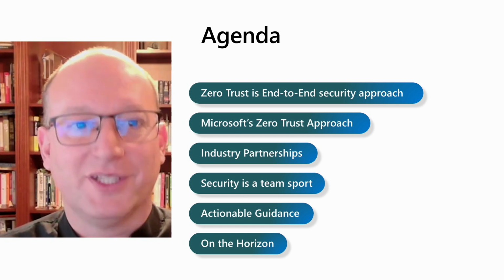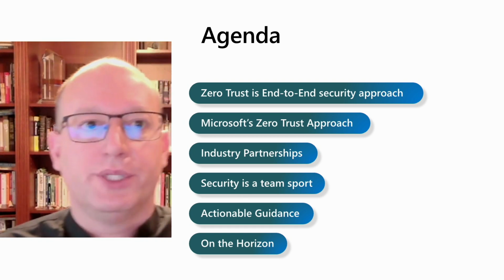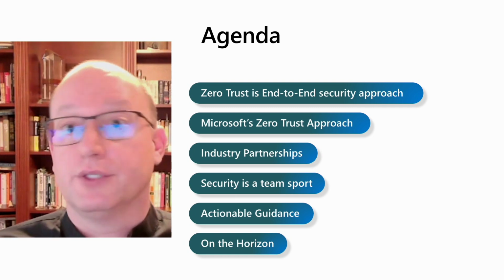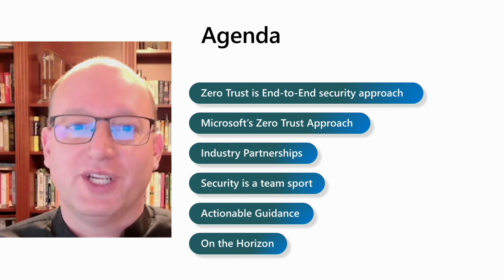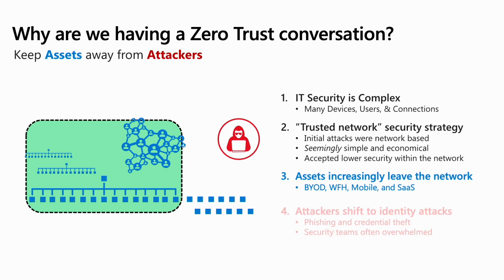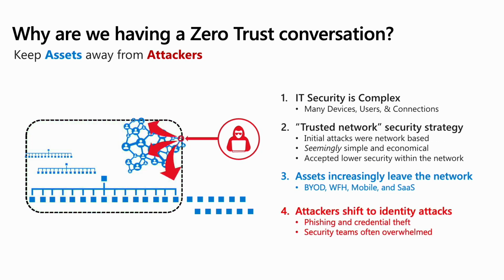Thank you. So let's talk a little bit about why we're having a zero trust conversation. Really, what is the reason behind it, the raison d'etre for those of you that speak a little French? Ultimately, IT security has been complex for a very long time. We're very aware of it today, but even going back to the 1980s, 1990s, there were all sorts of machines, PCs and Macs and mainframes and servers and the like, there's a lot of stuff out there. It's like, okay, we're starting to see attacks. How do we keep this stuff safe?